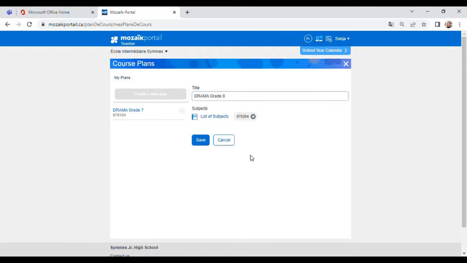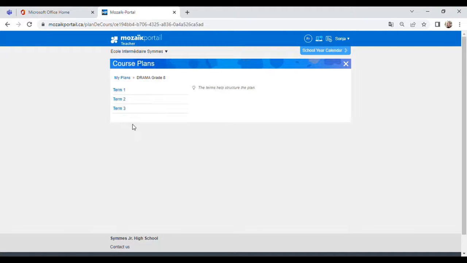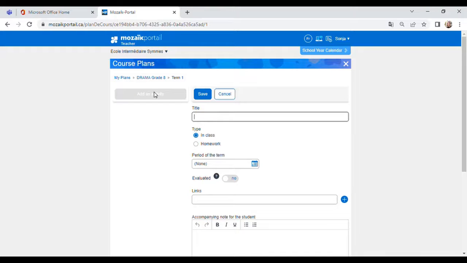So now this course plan, once I set it up, will be available to me from year to year. I can pull from it while I'm doing my term 2 if I've already set it up for term 1, whatever I want to do. So if I save that, then I can go in here and click on it, and okay, I want to set up for my term 1. So now there's nothing in my term 1 because I wasn't that organized first term, but here I can do